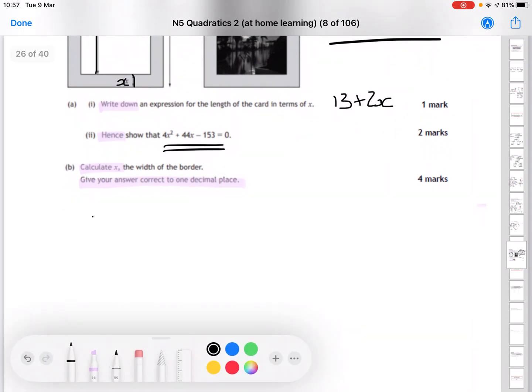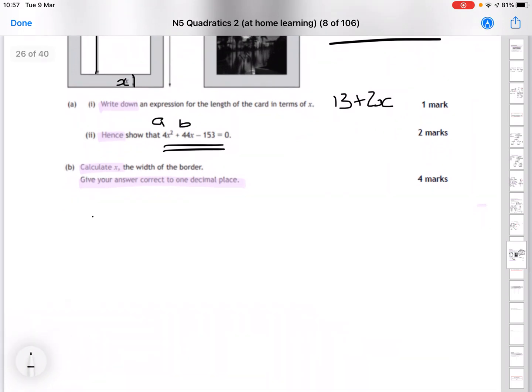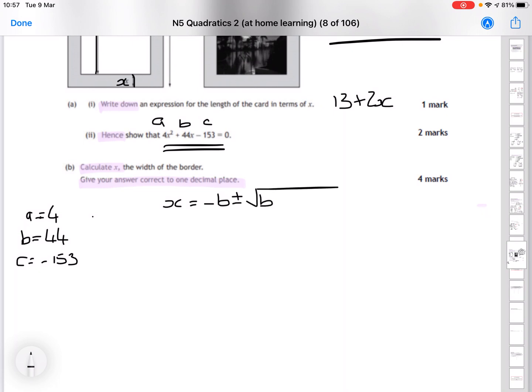So in your expression, you have your A, your B, and your C values. So A is 4, B is 44, and C is minus 153. So into the formula, your formula is x equals minus B plus or minus the square root of B squared minus 4ac, all over 2a. That formula is on the formula sheet. You don't need to know that off by heart, but obviously the better you know it, the quicker you can